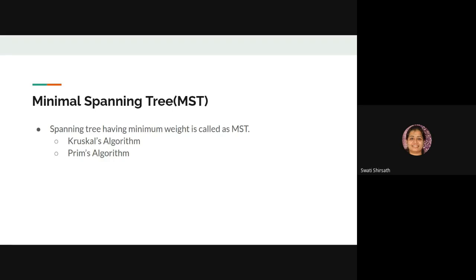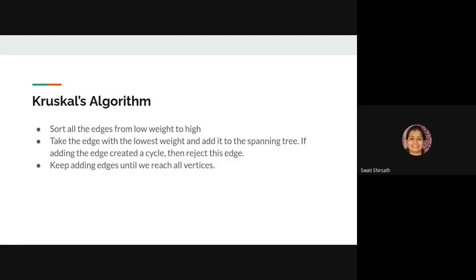So let's see Kruskal's algorithm. Also, you'll be implementing these two algorithms and also Dijkstra's algorithm in data structures next semester. In Kruskal's algorithm, we have a graph given to us, and first we sort all the edges of our graph. We write down all edges from low weight to high, and then we keep on picking them one by one, and we add them in the graph, and we continue this as long as it is not forming a circuit, because we are finding this spanning tree.